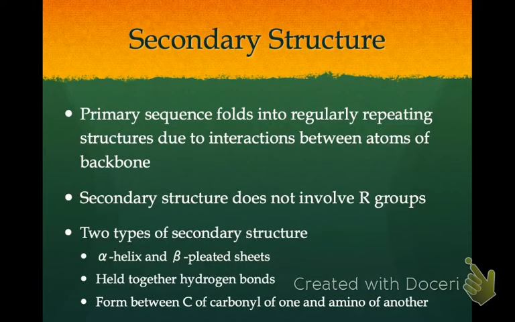Secondary structure is where folding of the amino acid chain begins. This is due to interactions between atoms found in the amino acid backbone. Specifically, the type of bonding will be hydrogen bonding, and that will occur between the carbonyl group and the amino group. And I'm going to show you how that occurs